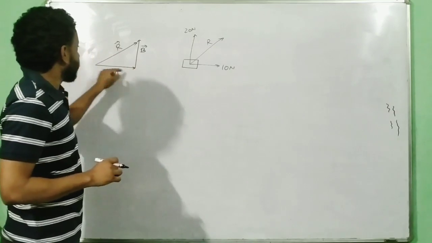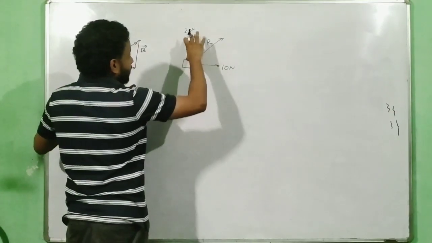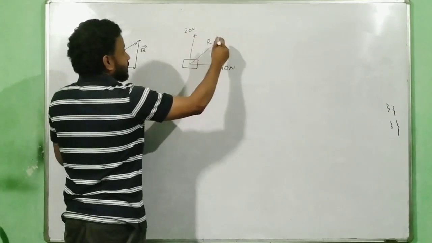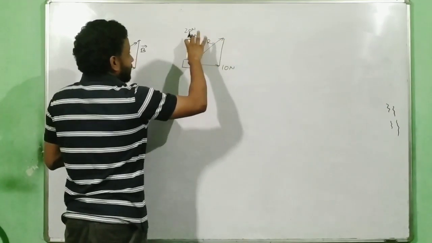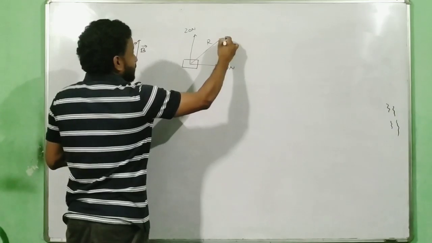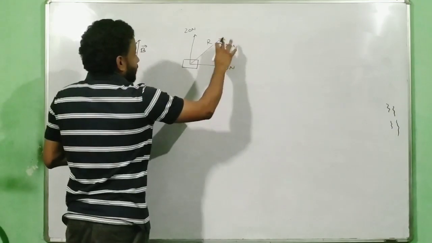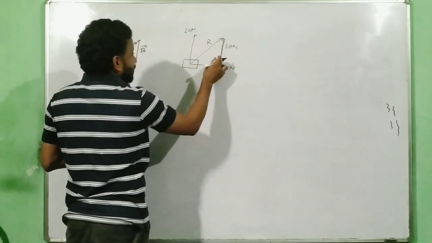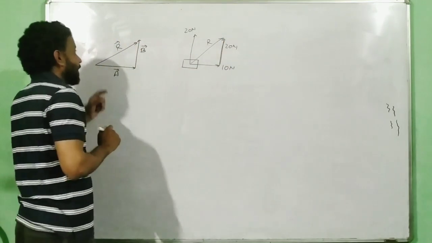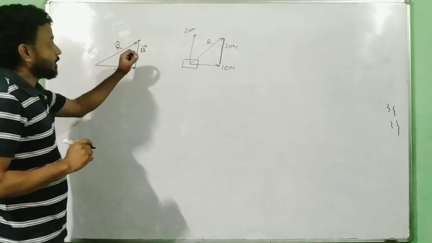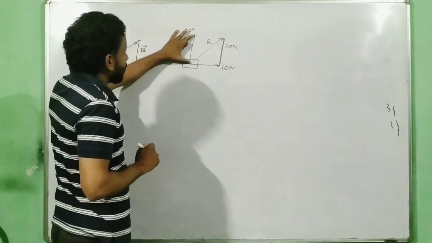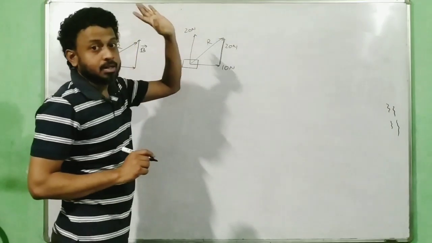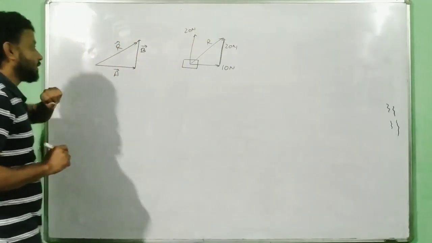This A and B, you can represent this as A. I'm assuming that you know that you can shift a vector in space. So basically you can just put it over here. This is your 20 Newton. This means that these two, this one and this one, are acting on the body, and this is my resultant R. Even if I draw the 20 Newton over here or over here, both are the same thing. There is nothing different in that.